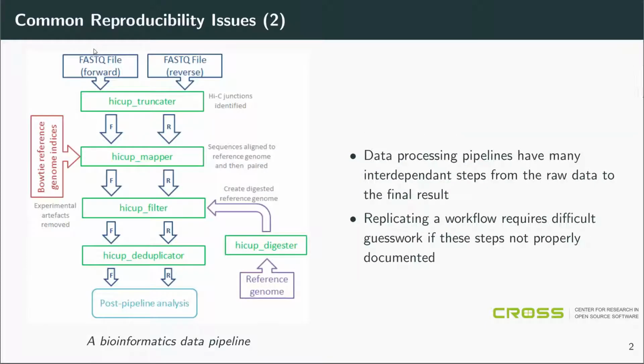Then a second reason, which is more specific to computational fields such as bioinformatics, which I picture here, is that you often have really complicated data processing pipelines with many interdependent steps from the raw data to the final result. And so, if I don't document these steps properly, you'll have a hard time replicating a workflow. You kind of have to guess in what order to do what if I don't explicitly say so, and that's less than ideal